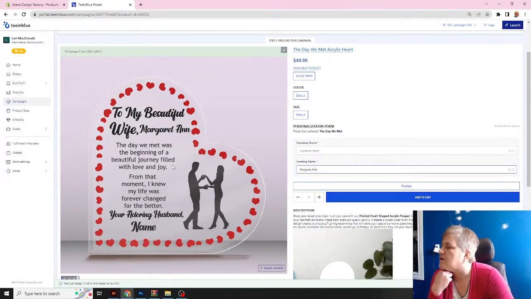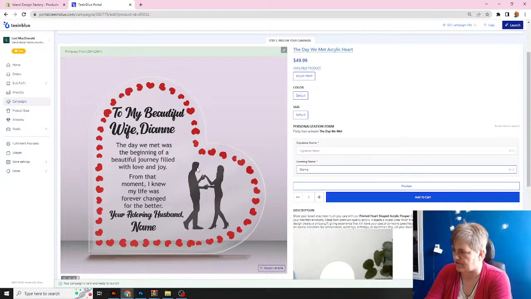Okay, so her name is pretty long, so it makes it a little bit smaller. It does fit in there. It's not ideal, but there's only so much space there. I could have made this stuff a little bit smaller, but I kind of like the larger text. So if you got something shorter like Diane, it fits in there perfectly. So to my beautiful wife Diane,